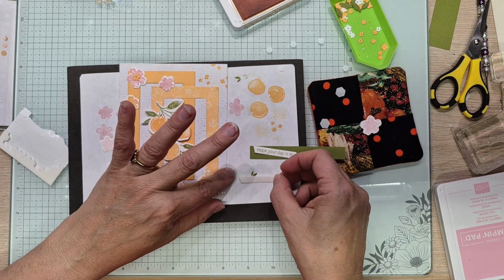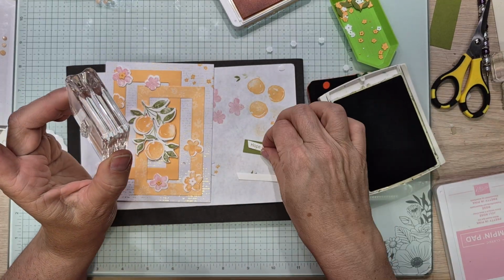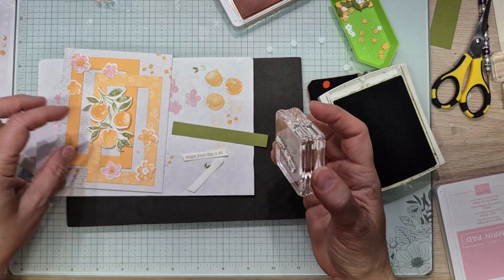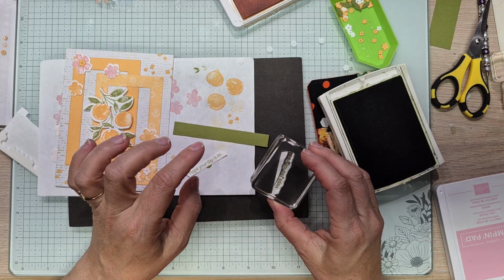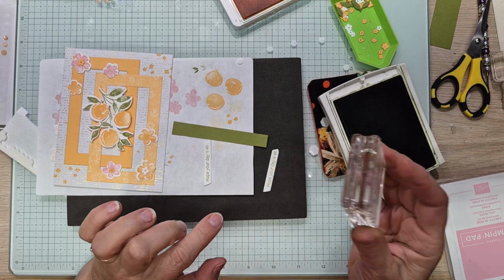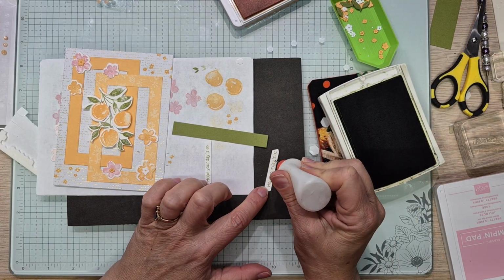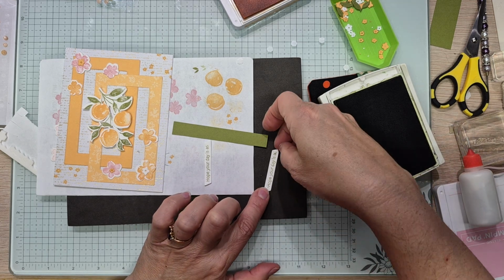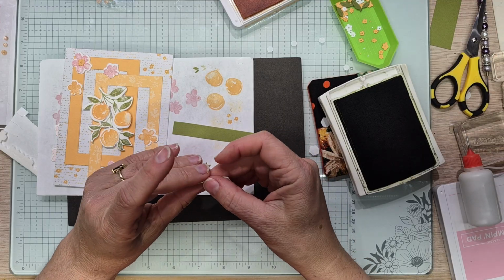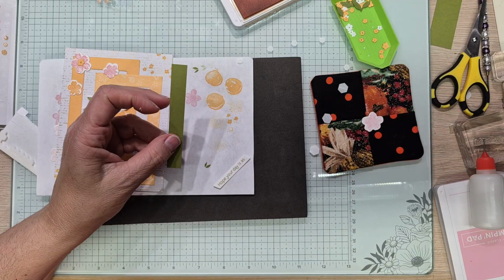So this is this piece, and this is the Hope Your Day Is. And I'm going to stamp that for you. It's just easier to have it already done than run it through the die cutting machine. So let's move this. I'm going to stamp it, and then I'm going to place it right behind it. Ta-da! See? But what we're going to do with this one, and I know the corner got cut off. It slipped. We're just going to pretend this one's going on top. But what I'm going to do is just place this behind this one. It's going to use, just in a different way. And this is 1/4 of an inch. So this one is really going to be...